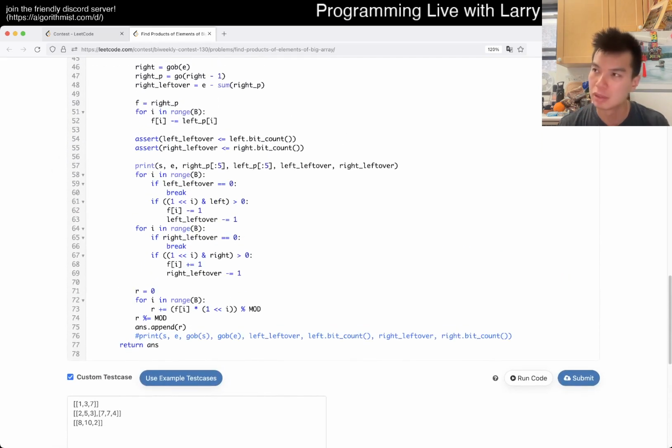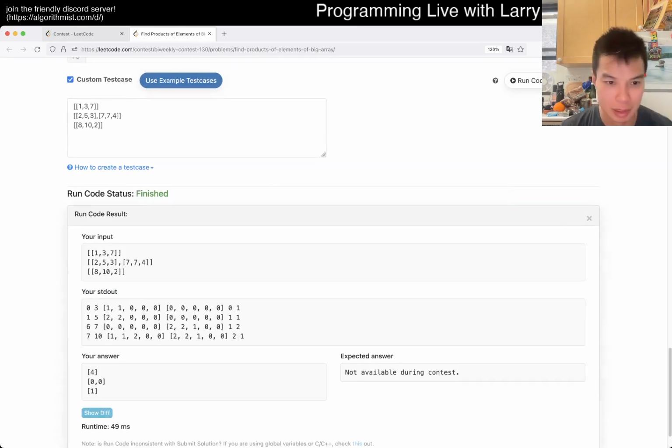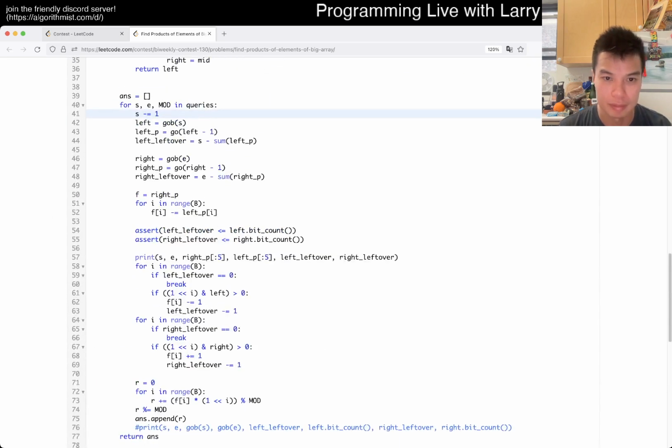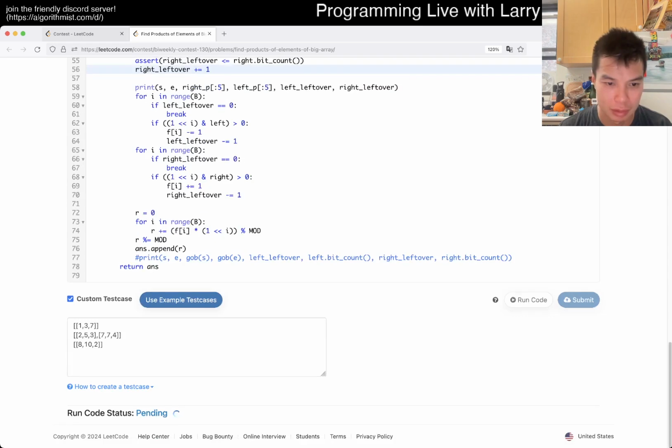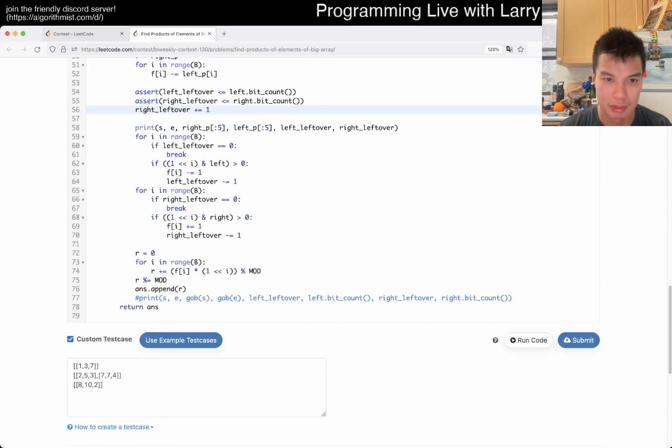Bit count is, am I right? I don't, this feels very wrong though. Like I just do it this way. It's not even right anyway, so okay,